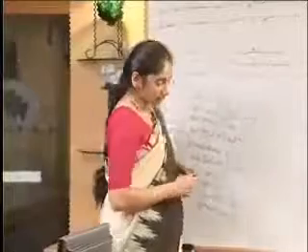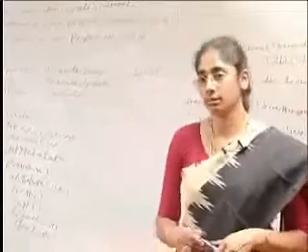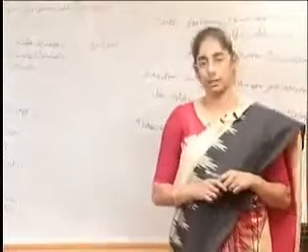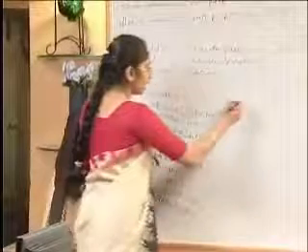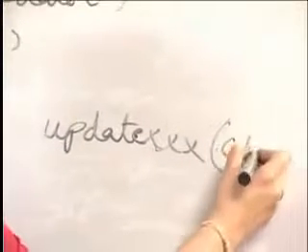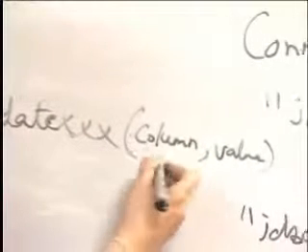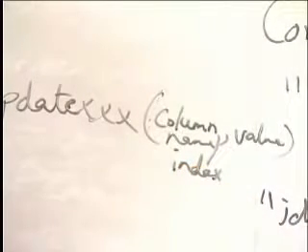We do have methods to manipulate the result set, because result sets are updatable, provided that you have mentioned that you want to update. Otherwise, by default, they are read-only. So if you want to update a result set, you have an update method, update x of column name,